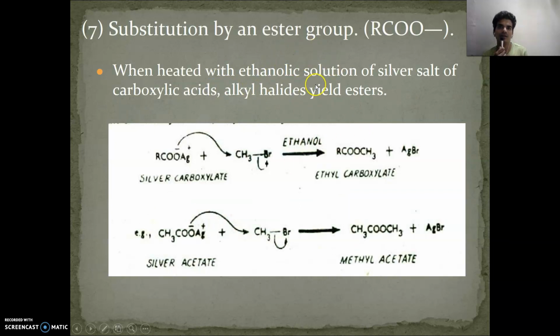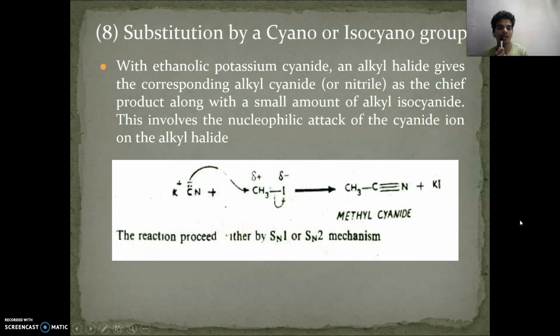When an alkyl halide is heated with an ethanolic solution of the silver salt of a carboxylic acid, the alkyl halide yields an ester. So silver carboxylate interacts with alkyl halide in the presence of alcohol and forms the ester. Silver acetate will form methyl acetate on interaction with the alkyl halide. Then substitution by the cyano or